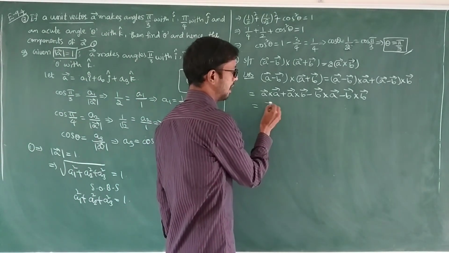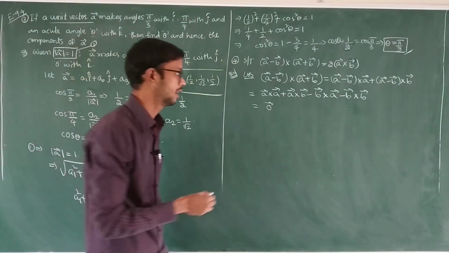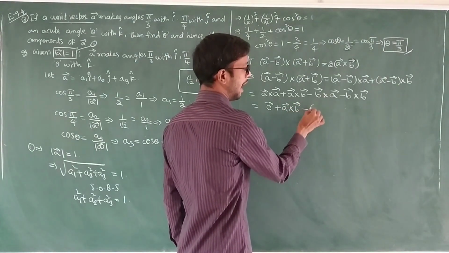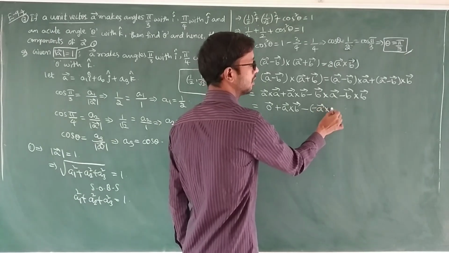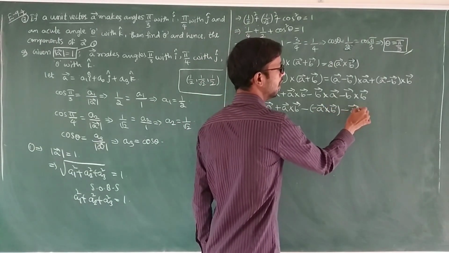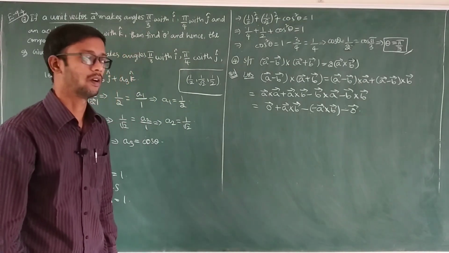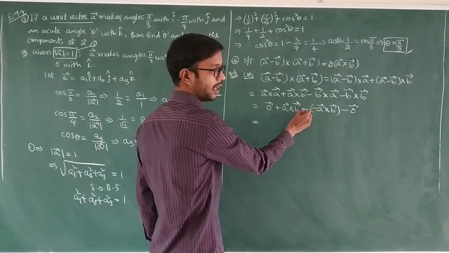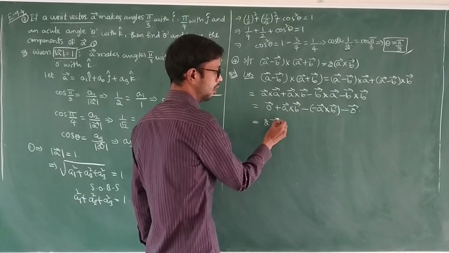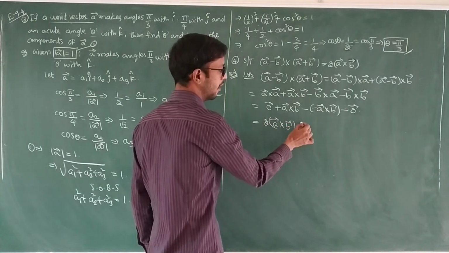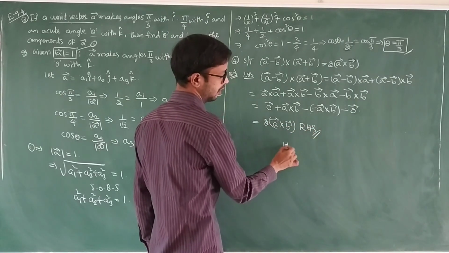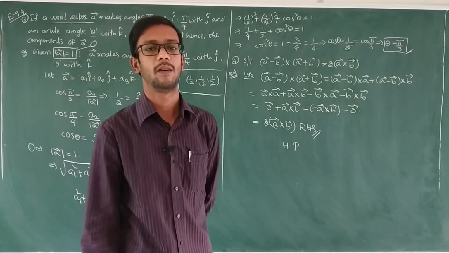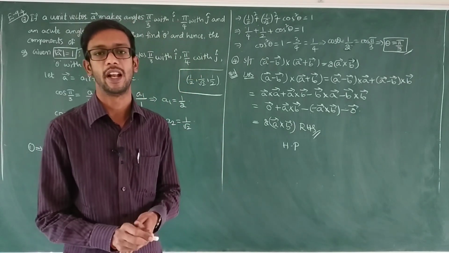So now A bar cross A bar we already know is 0 bar, plus A bar cross B bar. This one I am interchanging: minus A bar cross B bar. B bar cross B bar, same vector, the cross product is 0. Here, interchanging, that's why you get negative. Minus into minus is plus. So in total it becomes 2 A bar cross B bar. This is the RHS part. Hence proved. So with this problem, the class is completed. The remaining problems in the exercise we will continue in the next class. Thank you.